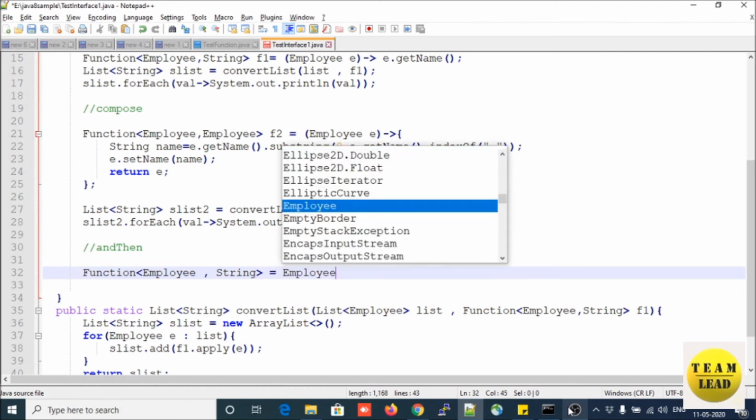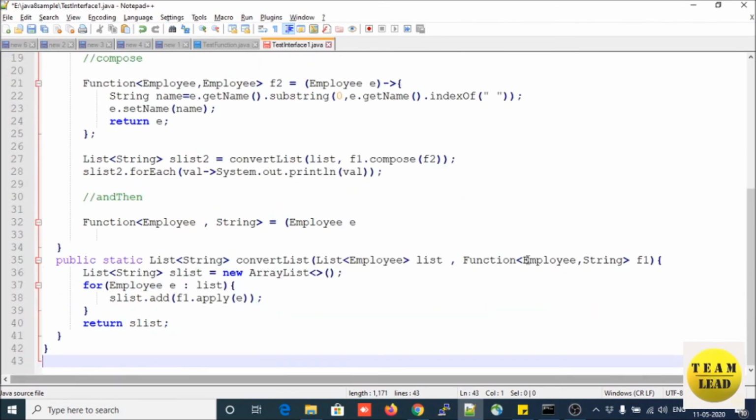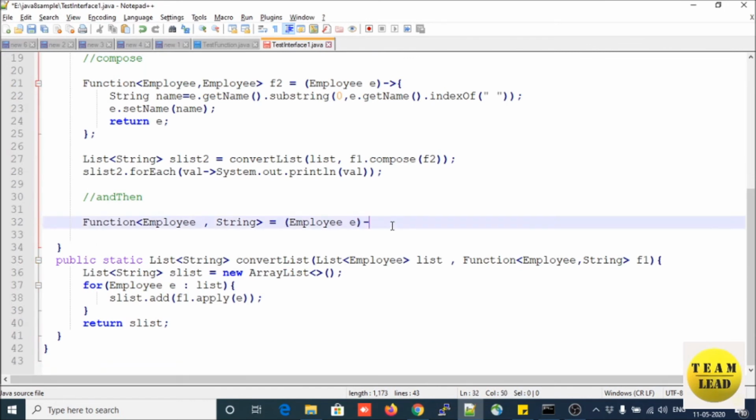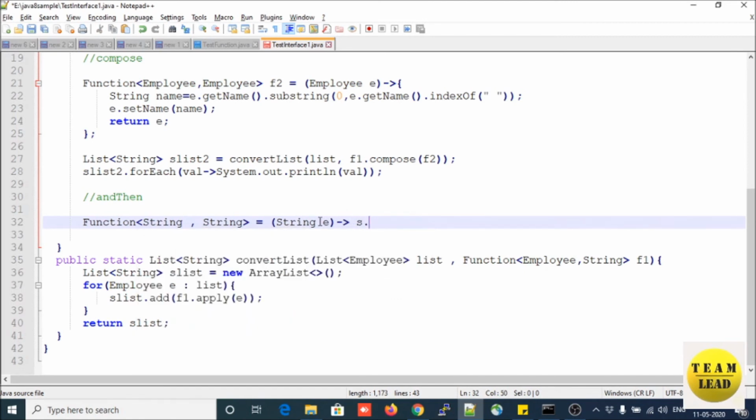Once we are passing employee as an input to the lambda expression, it has to return me the input where I am passing string as an input. I will pass here, not employee. So this is also input type string, and it has to give me substring from 0 to 1. So this is my function